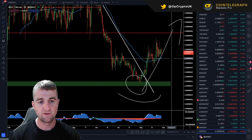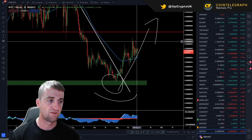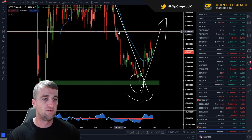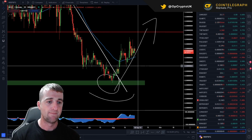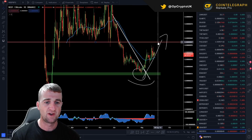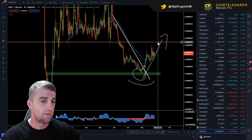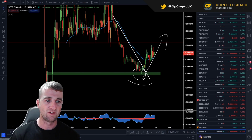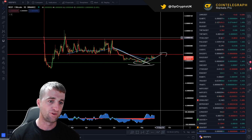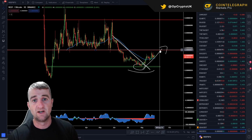In terms of areas of resistance, the first area of resistance is here at 57 Satoshis. If you look at all these wicks here, support, rejection. So that's a key level. I'm just going to keep all these arrows on for now because it gives me a good idea of what's going on. But that's the first major area to target if you're looking to take some profit off the table and grow a bit of Bitcoin. Then 57 Satoshis is a first major level, and then one above that is 99 to 100 Satoshis. What I will do is when we break above this region here at 57 Sats, I'll jump in